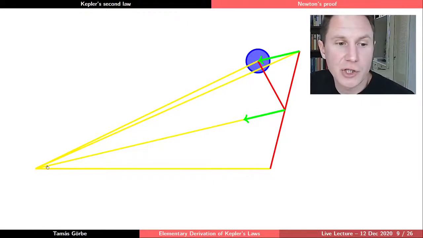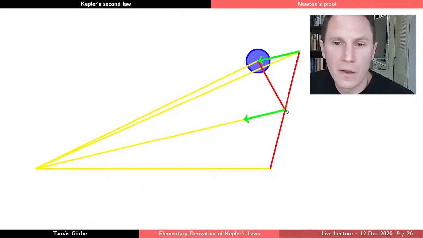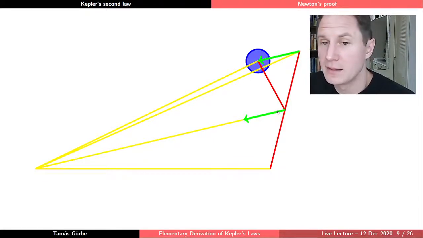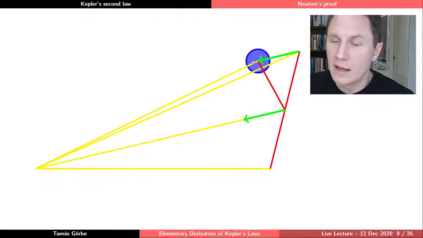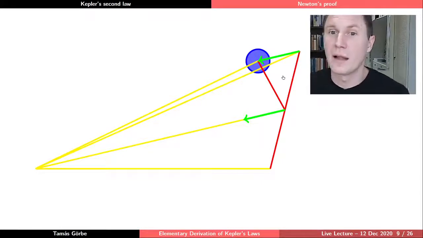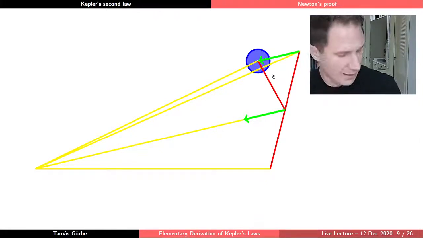So it's easy to see that they share a common side. So we have this green arrow on the bottom. So that side along the green arrow is the same side for both triangles, and they have the same height as well because they are between parallel lines. So the two green arrows give you two parallel lines, and these two triangles, the third triangle and the second one, are between these parallel lines, so they must have the same height. So again, the second and third triangle share a base, and they have the same height,